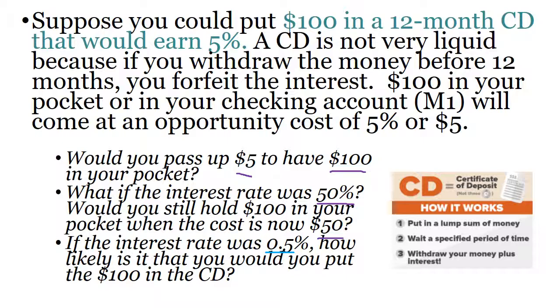So the interest rate is the opportunity cost of money. When the opportunity cost of money is higher, you don't demand your cash as much. But when the opportunity cost or interest rate of money is lower, then you demand your cash. You don't really have any incentive to have it in an illiquid asset to earn such a little amount of money.